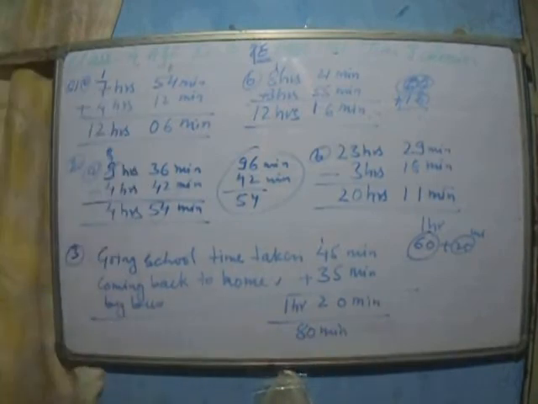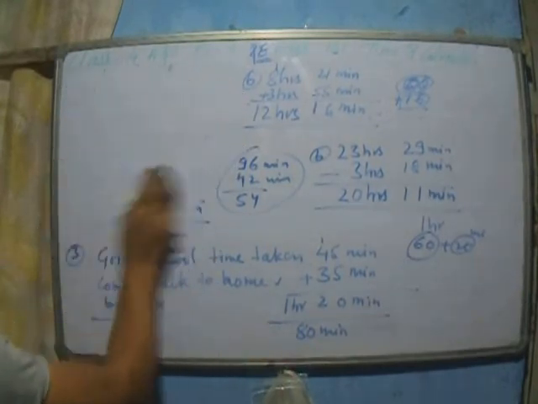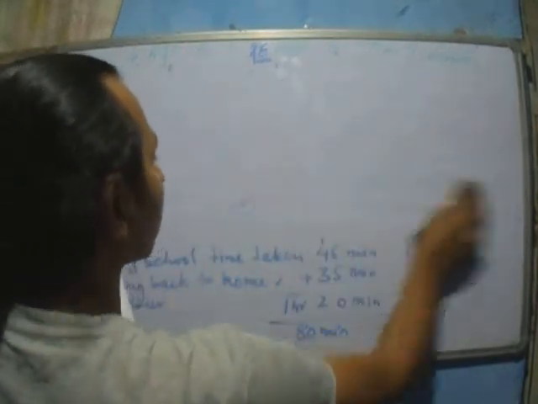Okay. Now we are moving towards question number next, that is question number 4. So question number 4 is here. Question number 4 is, a bus takes 4 hours 42 minutes to go from city A to city B. Okay. While a train takes 3 hours 50 minutes to do the same journey. How much more time does the bus take than the train for? Okay.